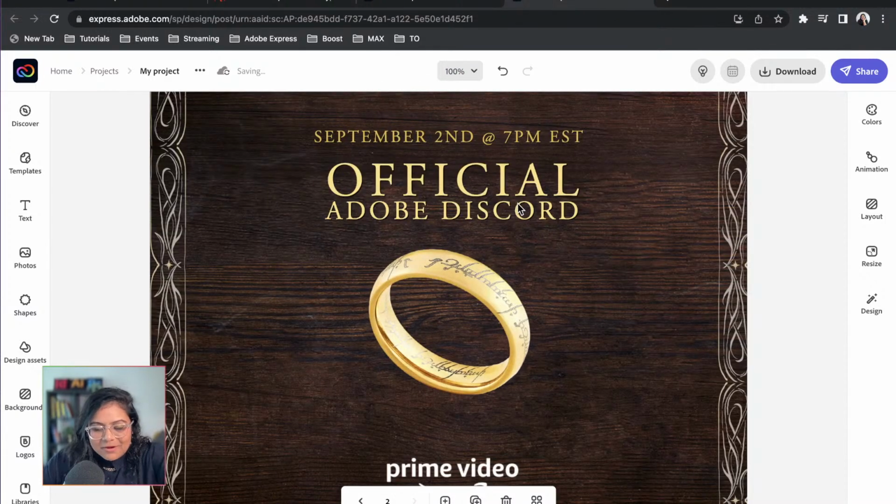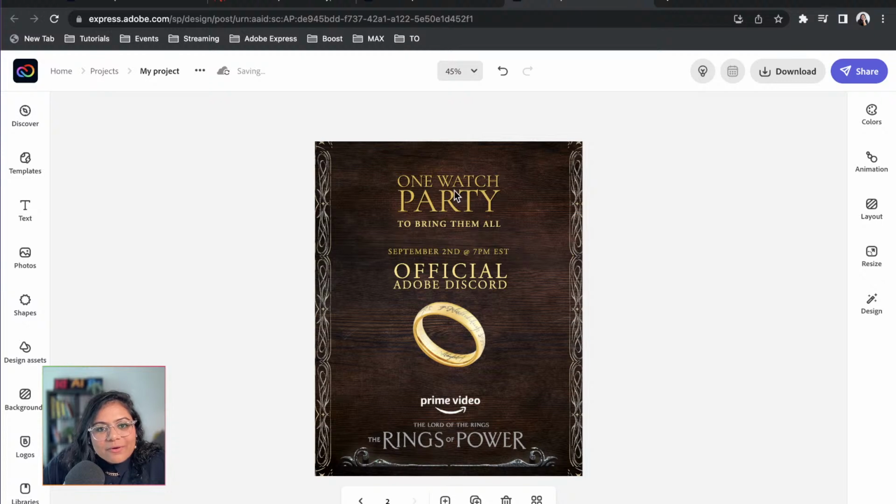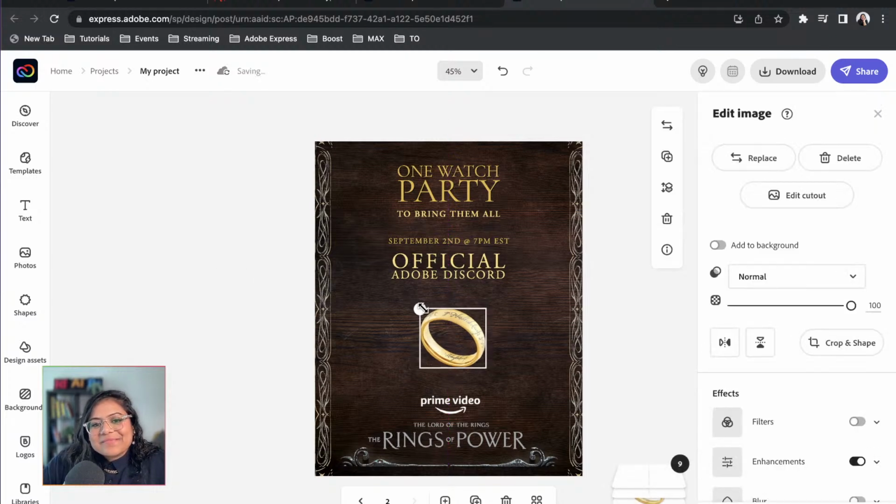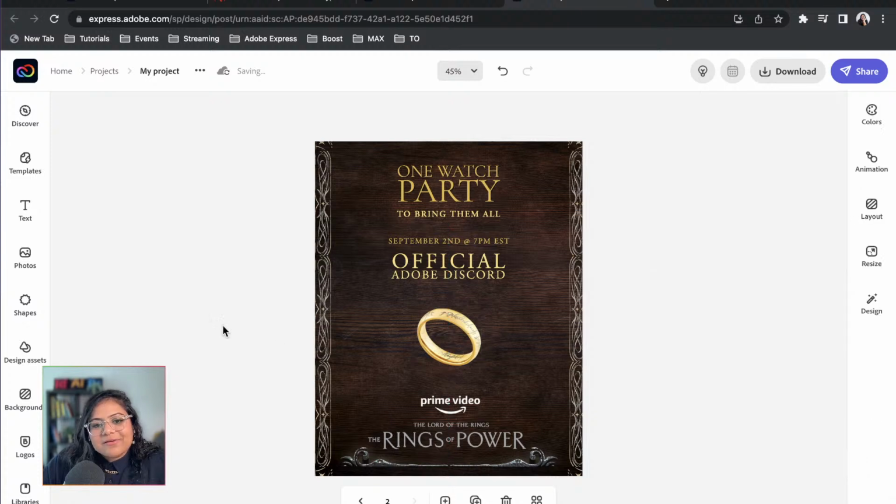All right, I'm gonna press Command 0 or Control 0 if you're on a Windows machine. I'm gonna bring it up and bring this here, and official Adobe Discord. What? Okay, and I'm gonna size it down just a little bit, center it up, and wow, this already looks amazing. I love how this looks. And Noor in the chat says, will there be replays available? Well, Noor, I don't know.